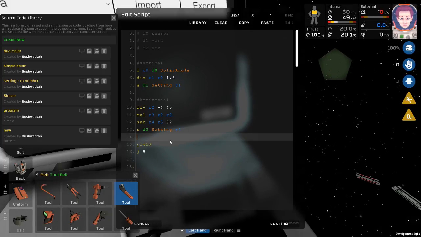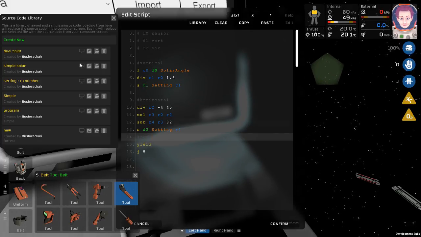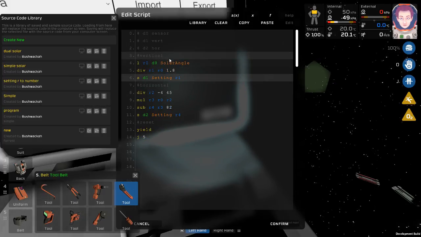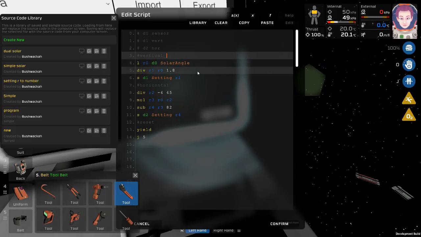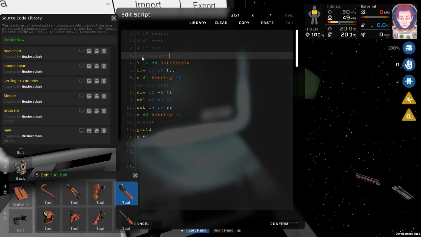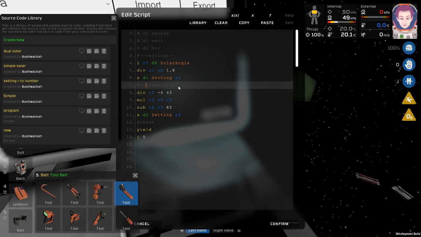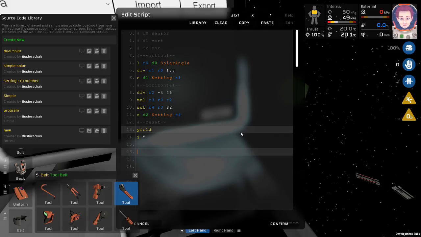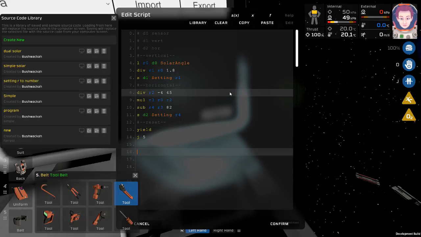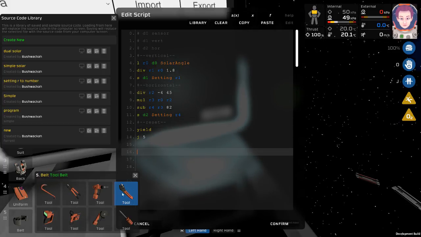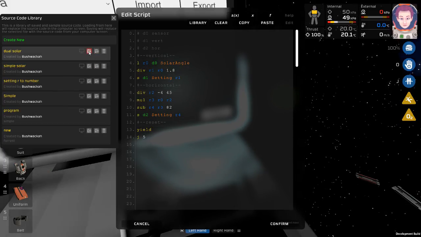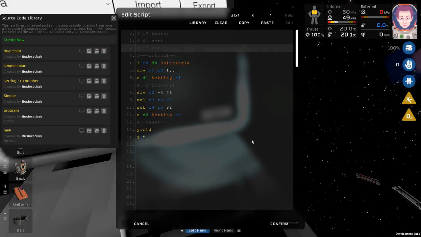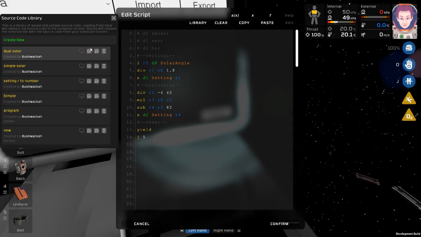Let's just do hashtag. Just kind of label everything so I know where it is. And I'll put like a little dash dash. Okay. Vertical, horizontal, reset. Perfect. Now I'm going to save this, and this will be my dual solar. That'll be final. Okay, let's open up a new one here,